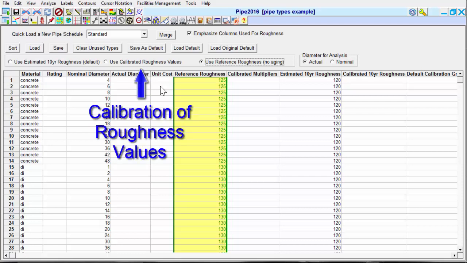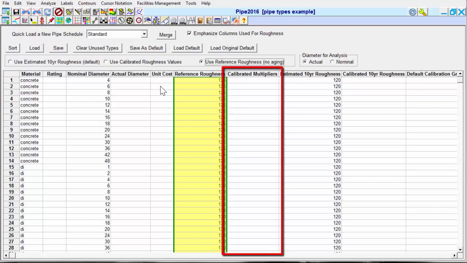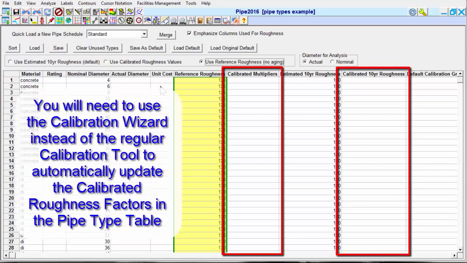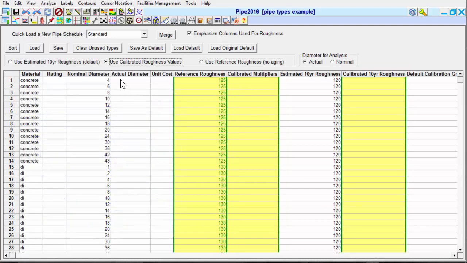This relies on field data, which is usually in the form of fire hydrant flow tests. Running the calibration module will generate new values to match the field test data as closely as possible. These new values are entered in the Calibrated Multipliers column and Calibrated 10-Year Roughness column for each pipe. Then, if you run an analysis, the program will use these values for pipe aging as long as this radio button is checked. For now, let's go back to the default option, which allows pipe aging and uses the 10-year